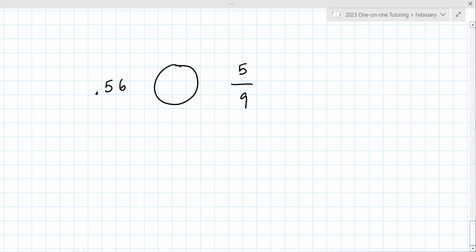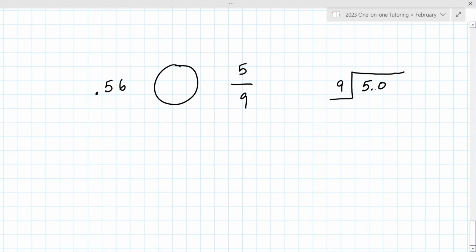Well, you could change that decimal into a fraction, or you could change that fraction into a decimal. That's right. Which do you feel is easier for you? Probably change the decimal into a fraction. So let me talk you through it a little bit. If you change this to a fraction, you're going to have to make a common denominator. But if you change this to a decimal, you can just compare. So I would tell you to change it to a decimal. Yes. Okay, so you're going to have to do that